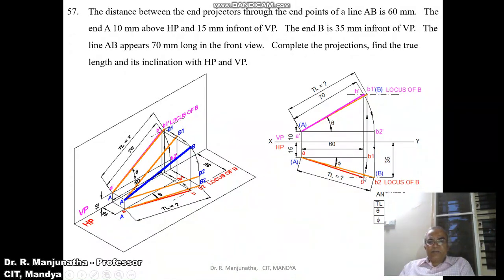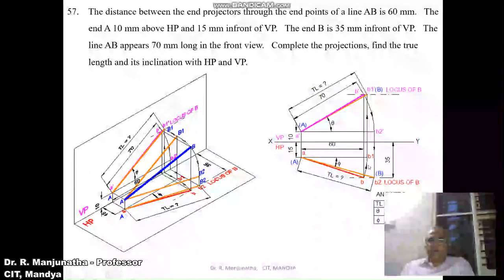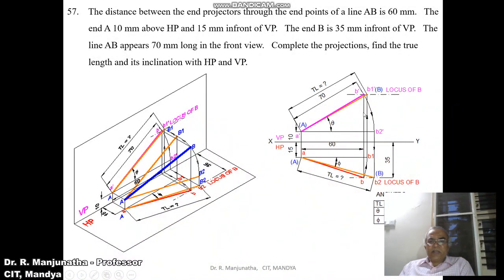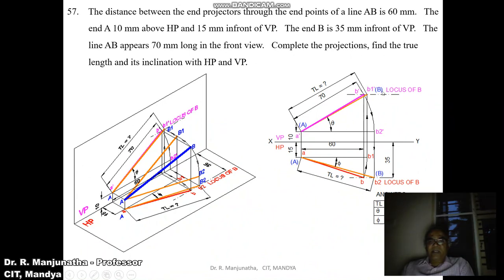As we know, the top view line is parallel to the XY line, so its corresponding front view will be in true length. So from B1, you draw a vertical projector such that it will cut the locus of B in the front view. Mark this point as B1 dash. As AB1 is parallel to VP, you get the true length in the vertical plane. You mark this point as A and this point as capital B. Then join A dash to B1 dash with a line a little thicker than the XY line. So the inclination made by this with respect to HP is theta.